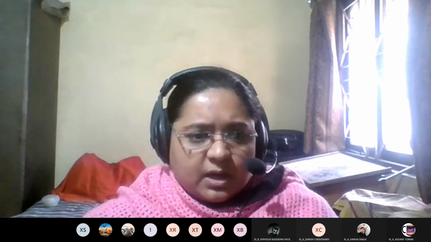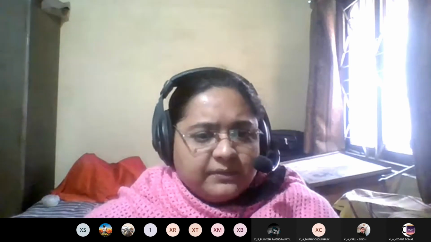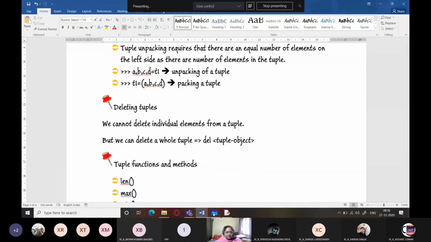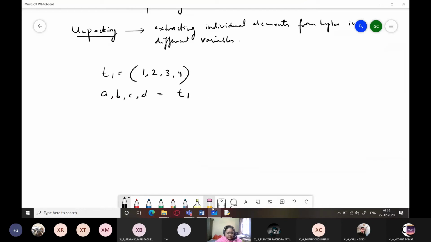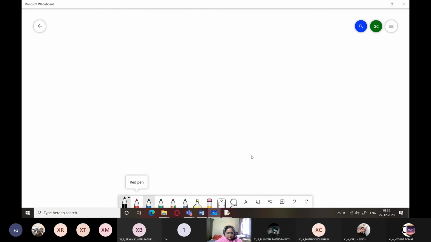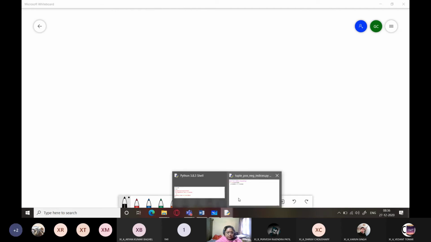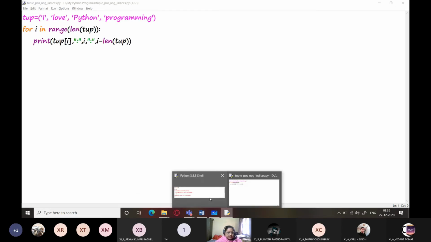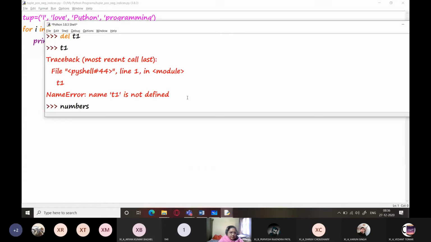So I'm going to tell you now how you can modify elements within a tuple. Numbers is not defined, so I'm going to first create numbers.